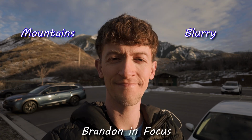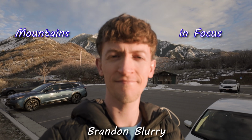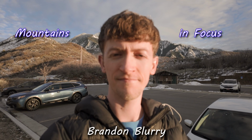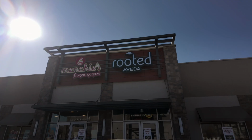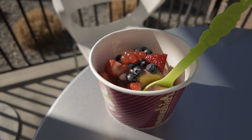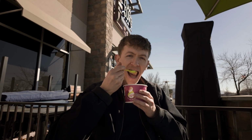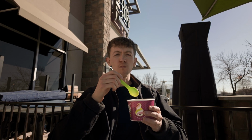The Pocket 3 has an f2 fixed aperture. While this creates nice bokeh, or background blur, it means the camera doesn't have the ability to focus on near and far subjects at the same time. There are situations where I'd love to have everything in focus, especially for landscape shots. This limitation forces you to rely more on ND filters to control exposure rather than being able to adjust the